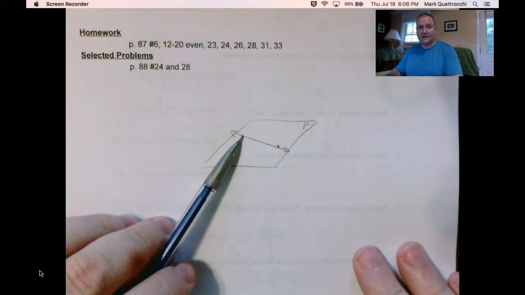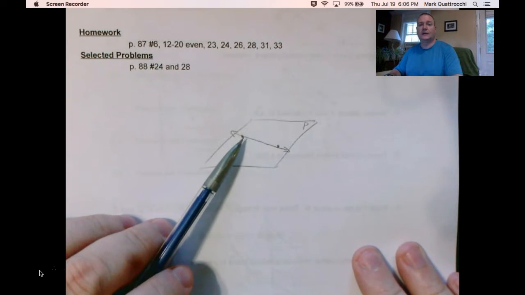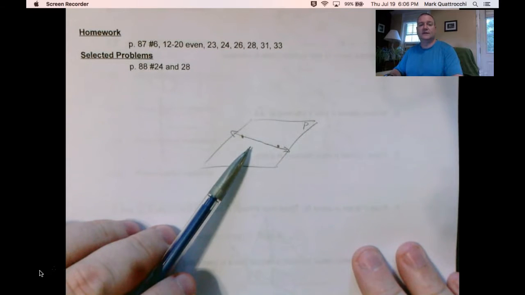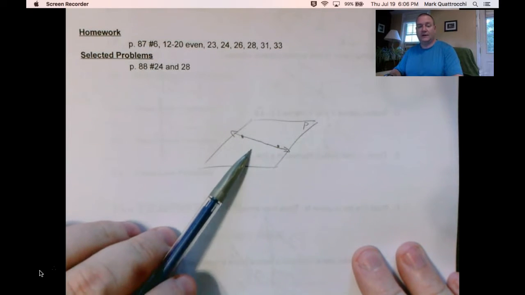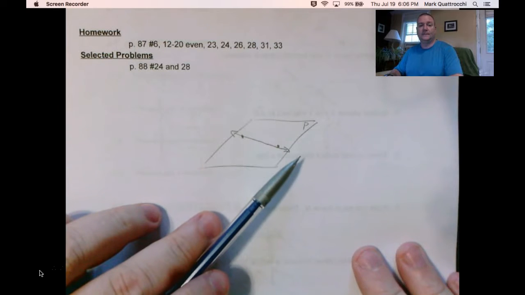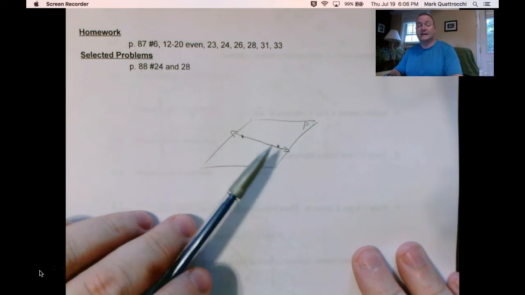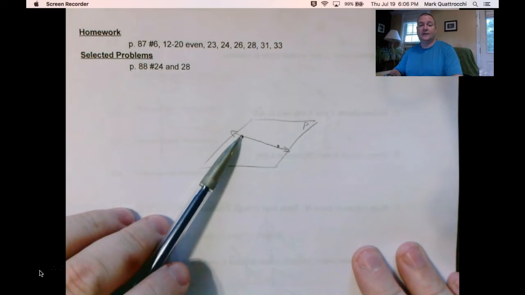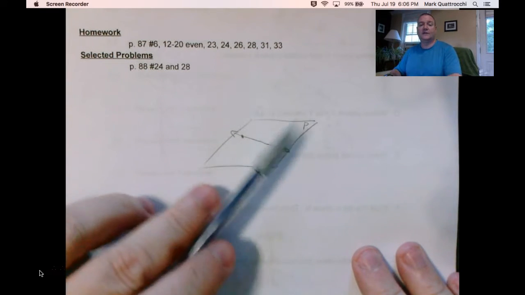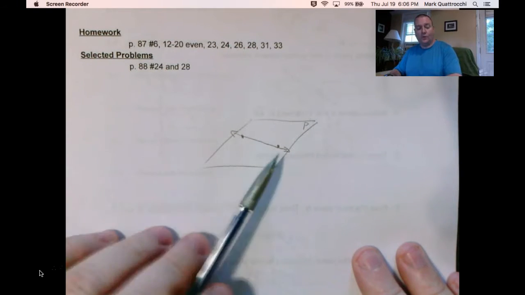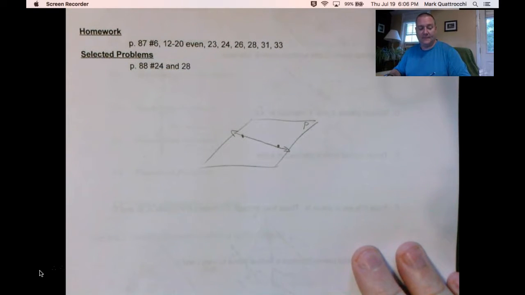They're not defined, but we know what they are. It's an undefined term, but we know what a line is. Same with a plane. It's an undefined term, but we know what it is. We know that planes are flat. We know lines are straight. Okay, since the line is not curved, then if 2 points of the line are in the plane, the whole line must be in that plane. So the line would have to curve for it to come out of the plane, but lines don't do that because they're straight.